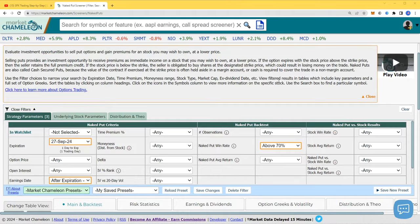I want to make money now. I don't want to sell put options for a month from now and wait for theta decay. I want money now. This is what we're doing today. We are looking to sell either naked puts or cash secured puts for tomorrow, September 27,